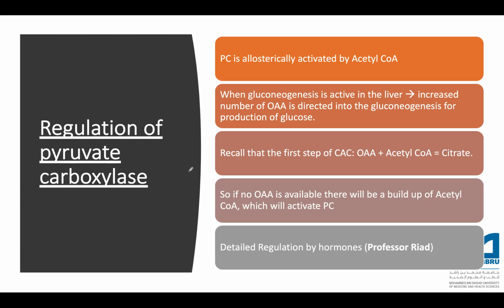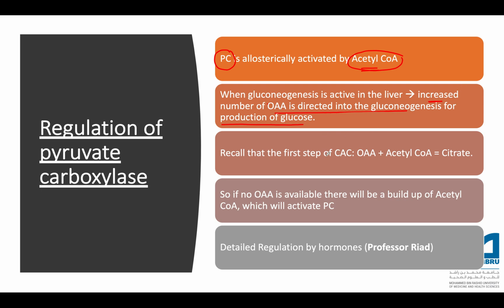Now, a little bit on the regulation of pyruvate carboxylase. Pyruvate carboxylase is an allosteric enzyme that is regulated by acetyl coenzyme A. So why is it regulated by acetyl coenzyme A? When gluconeogenesis is active in the liver, that is, we have increased oxaloacetate directed into gluconeogenesis for the production of glucose, this acetyl coenzyme A should not take up all that oxaloacetate to move it into the citric acid